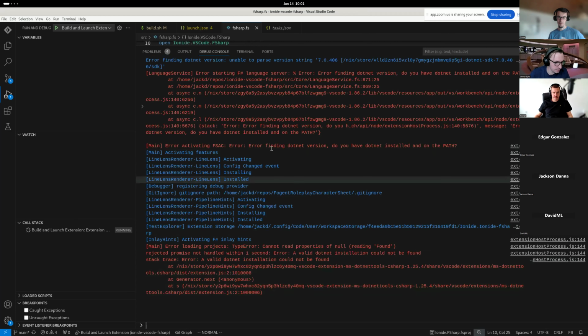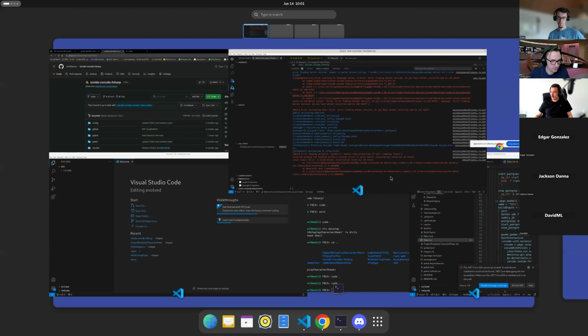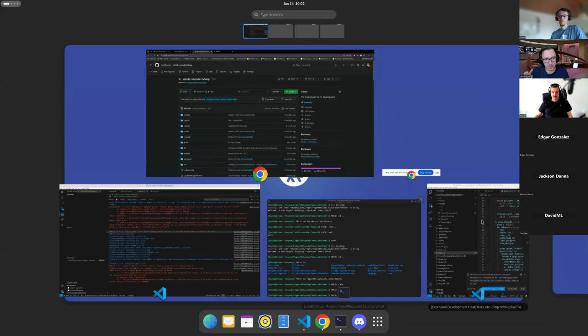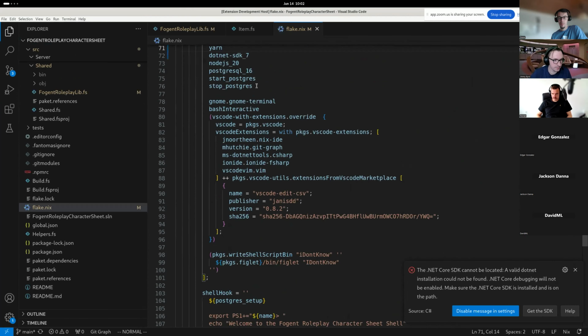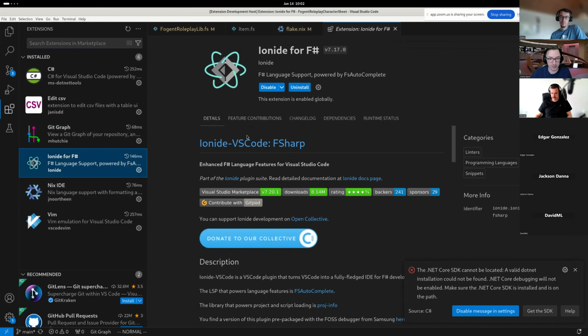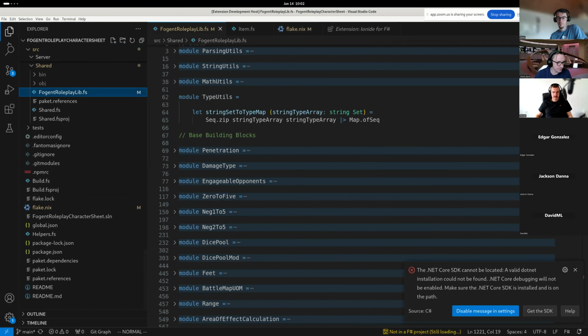Yeah, I'm not sure. But I think what you can do is open up your other folder. Did it open up your other folder? It did open up my other one. I have the SDK one here. Go ahead and close this, and then open up the project that you wanted to test against. Okay, actually, it already did. Perfect. And then you can try to look at an F-sharp file. If it obviously doesn't work, then that's the main problem. Yeah, I don't even see the Ionide thing popping up here in the top left, so that might be the problem. Still failing. Yeah, and then it can be located.